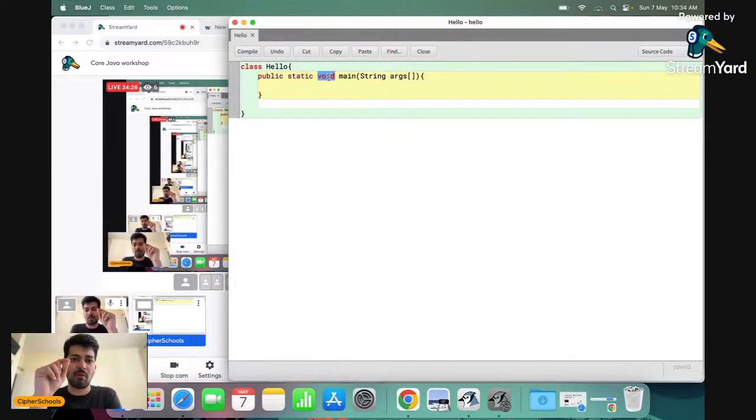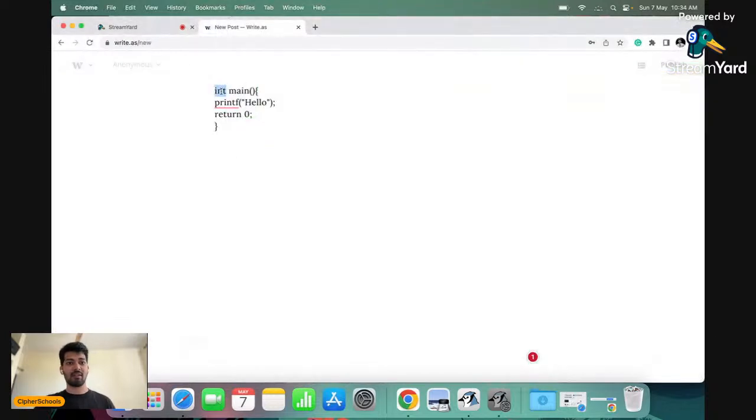So now you want a function to return something, or you want a function which does not return, right? If you want a function where you're not expecting a return, you write void over there. But if you want a function to return something, then you specify what exactly you're looking for as a return. Is it int? Is it float? Is it double? And then accordingly you write it. If I show it over here, I've written int, then I've specified return 0.